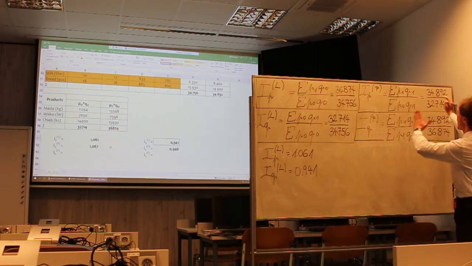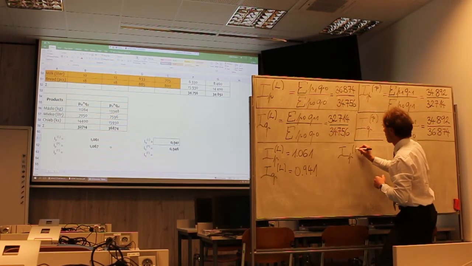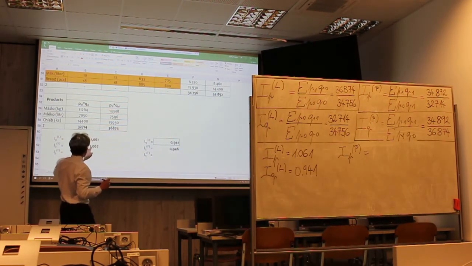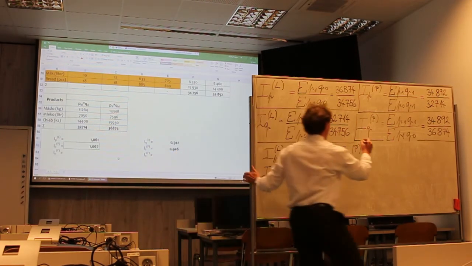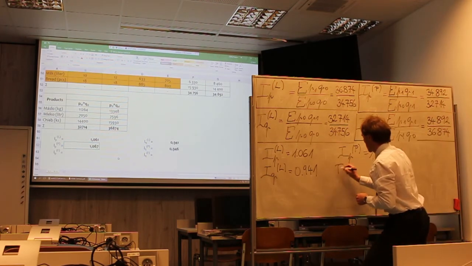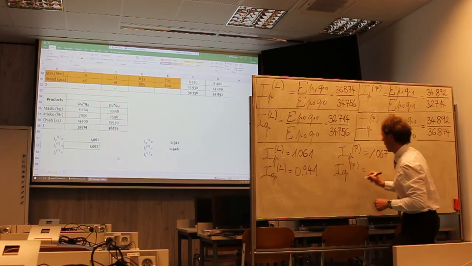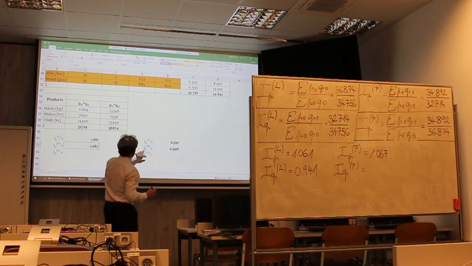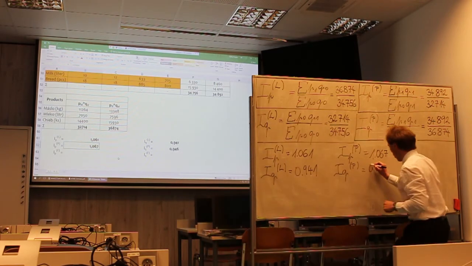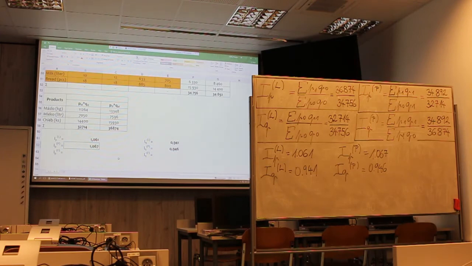0.941, yes? Then we calculated the index for the case of prices, Paasche type, 1.067, and that is the index for quantity of Paasche type, 0.946. Finally, we will calculate